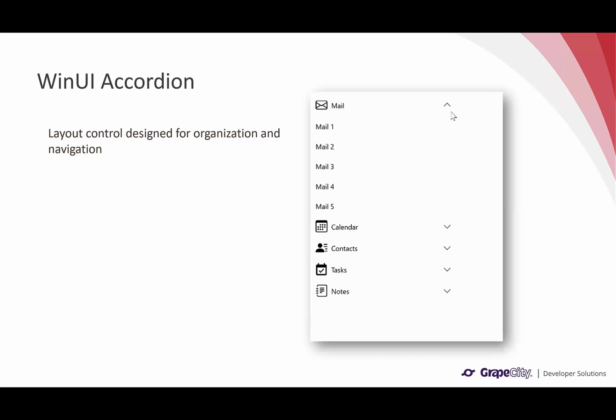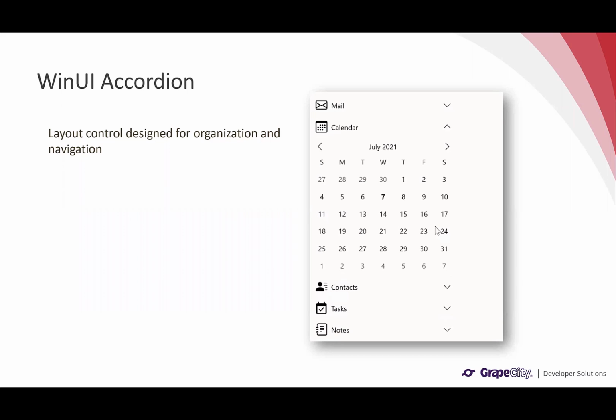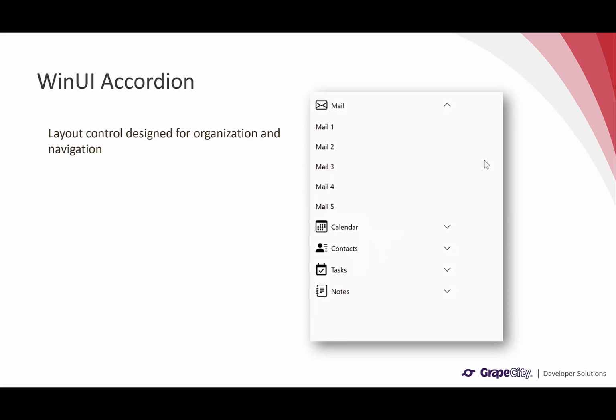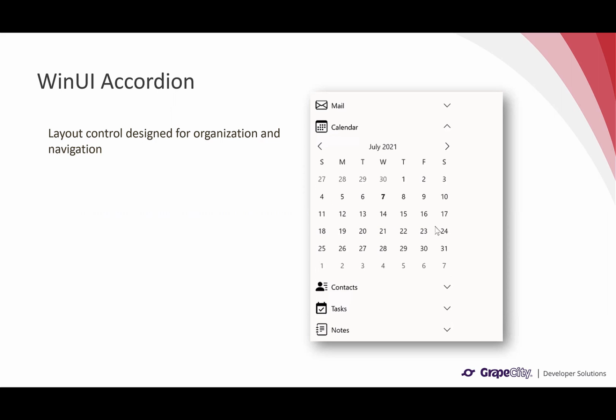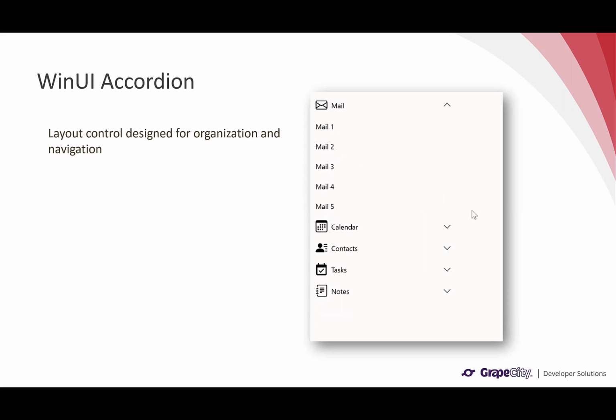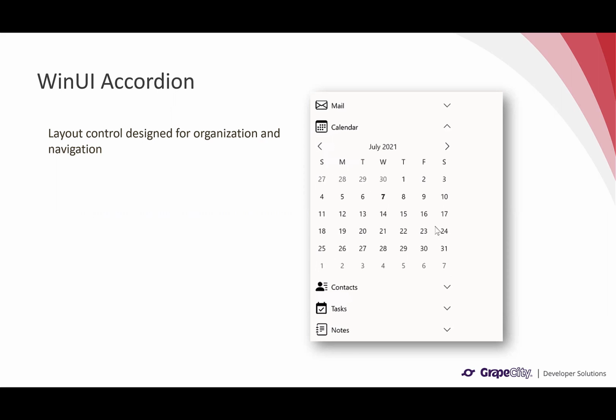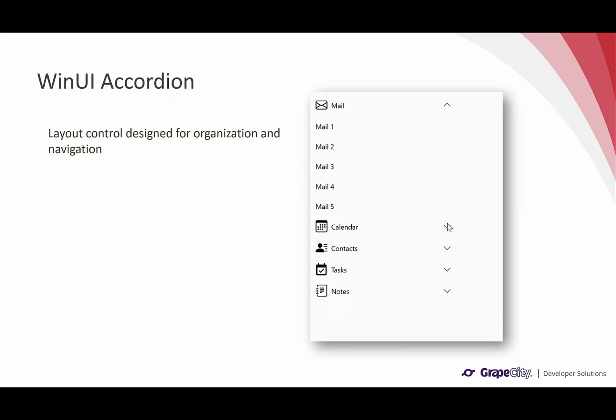And the WinUI accordion control provides a sleek layout for creating sidebar navigation layouts, or just for organizing a list of data items. This control supports different expand modes. You could use it like a traditional accordion where one item opens at a time, or you could have multiple items open, or have no items open and let them all collapse